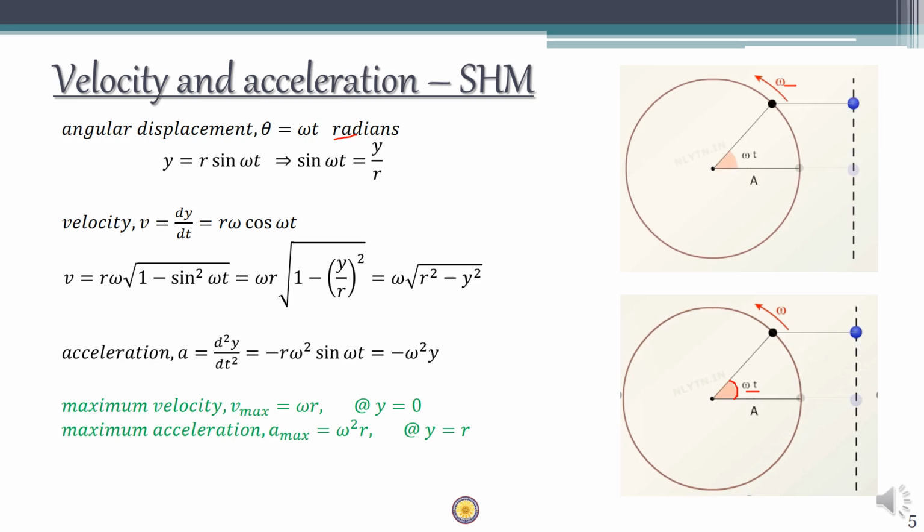Again, in order to obtain the position or displacement of the body undergoing SHM, we want to find out what this height is at any instant t. Okay, so let's assume that this is a triangle. So this height is nothing but, sine theta is equal to opposite by hypotenuse. This is again a